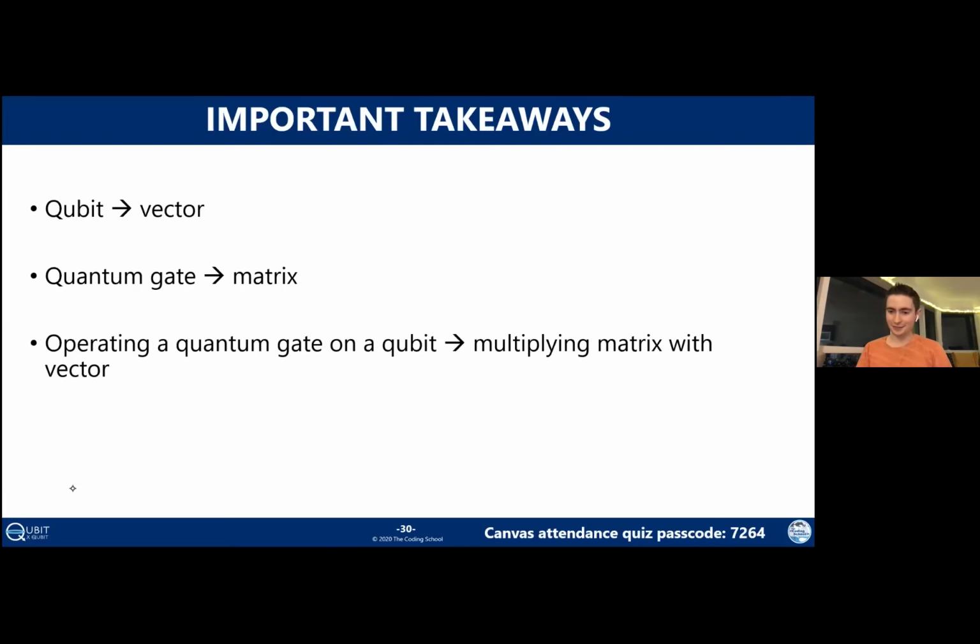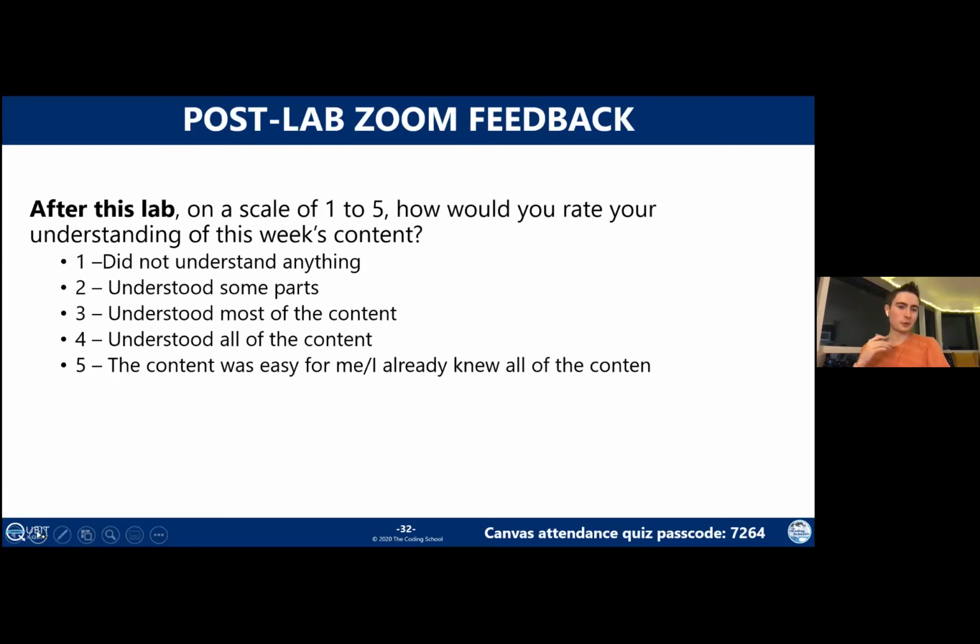Someone just said in the chat, confused on inner products. Why do we do it? Fantastic question. The best answer I can give you right now is that example on the right angle between two vectors. If you ever wanted to find out if two vectors are at a right angle from each other, you would use inner product and see if it's zero. But what a non-zero inner product means is something that we will come to a bit later in the course.